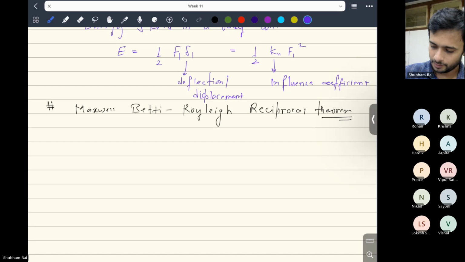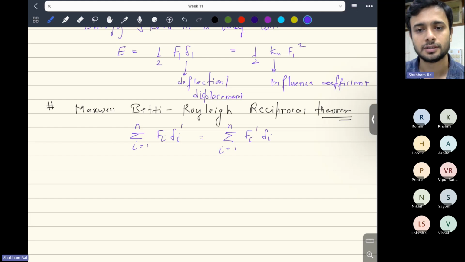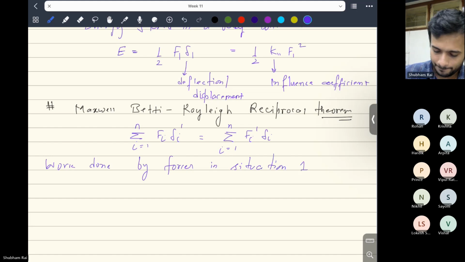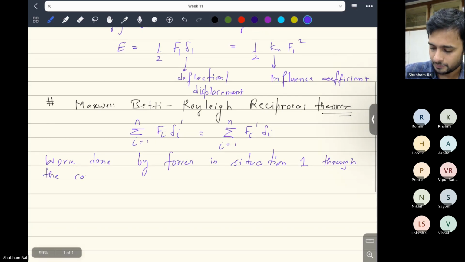This theorem says that if you have a force Fi, and due to this force you have displacement delta i, and you have another set of forces Fi prime, and due to that you have displacement delta i prime, then this relation holds as per the Maxwell-Betti-Rayleigh reciprocal theorem. It says that the work done by forces in situation 1 through the corresponding displacements of situation 2